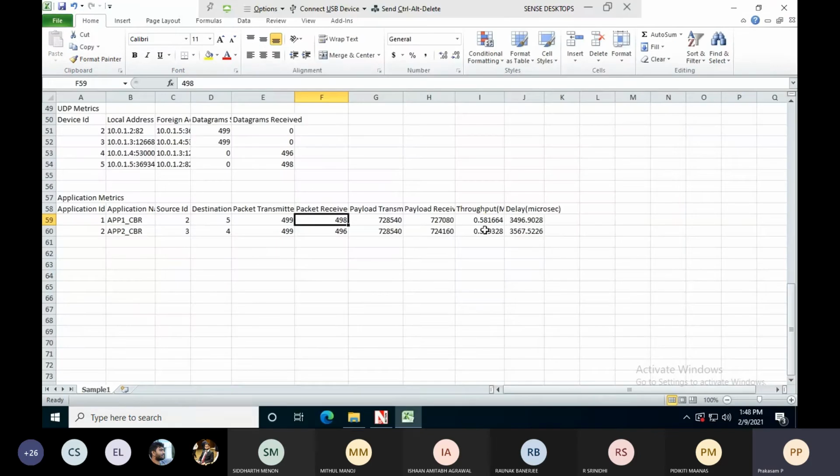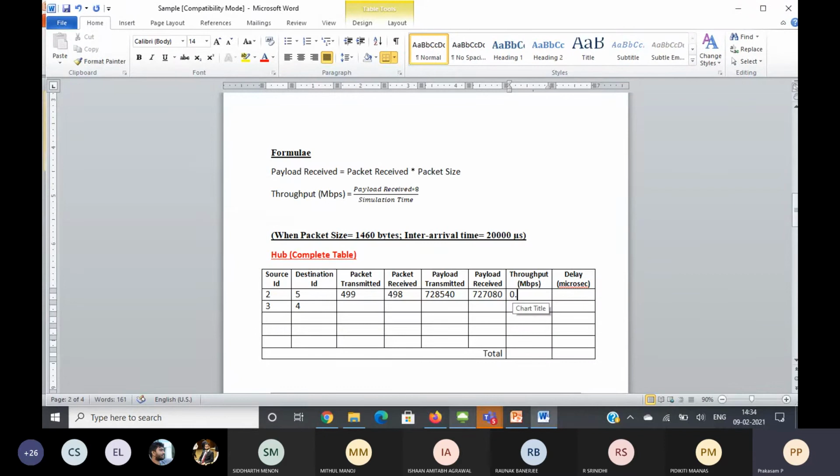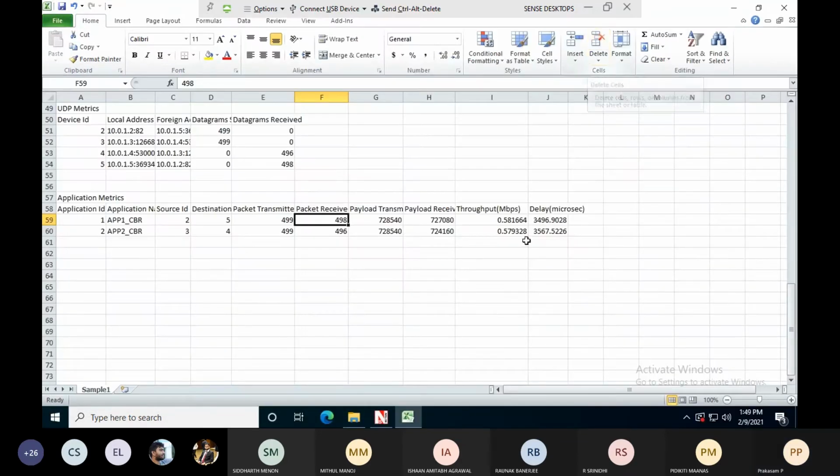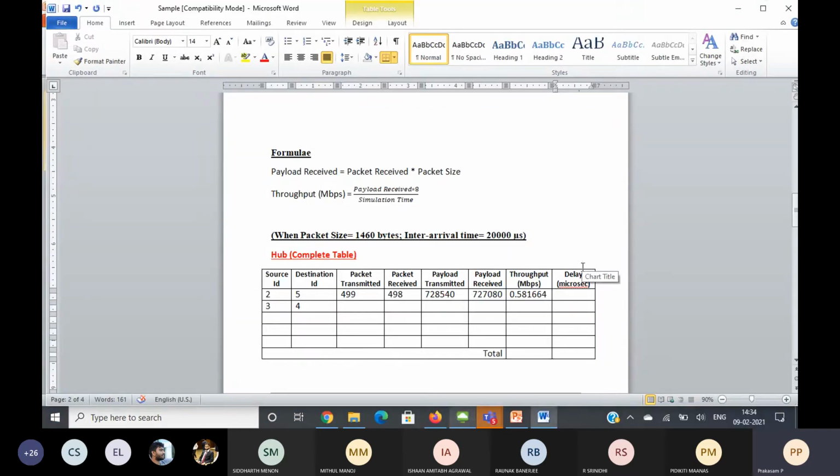Then throughput, it is in Mbps, 0.581664. Then delay, 3496.9028 microseconds. Similarly, for the next one, source ID is 3, destination ID is 4.